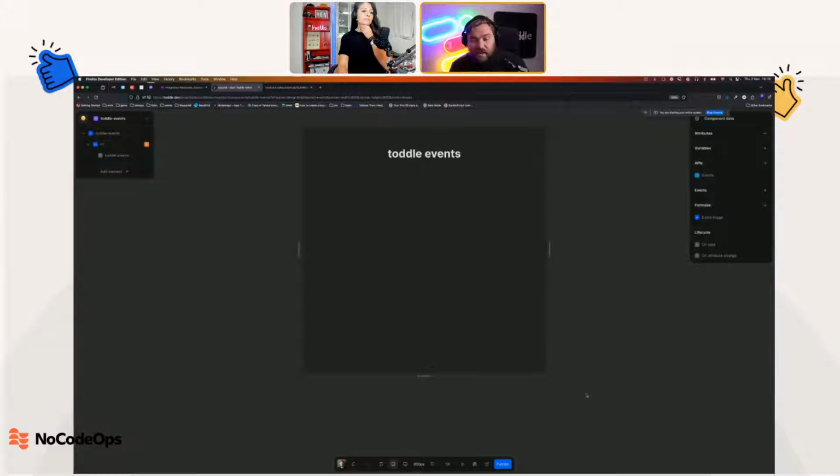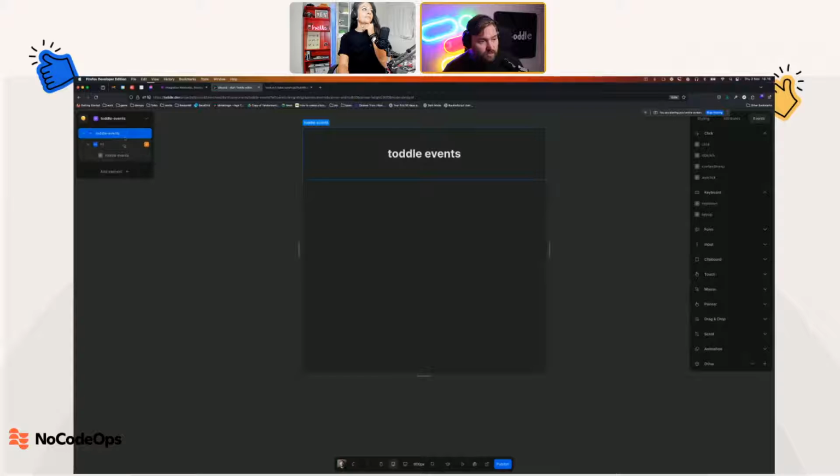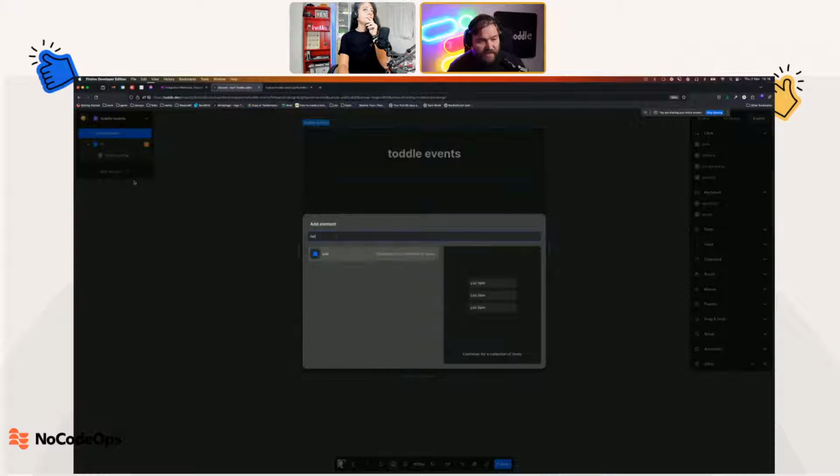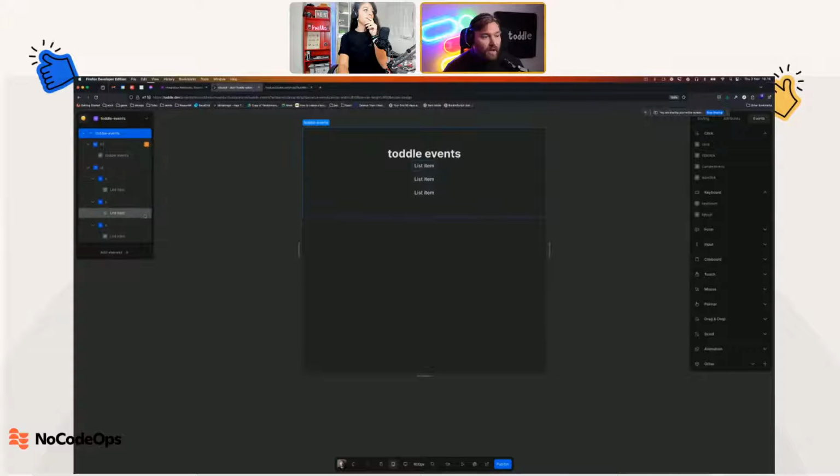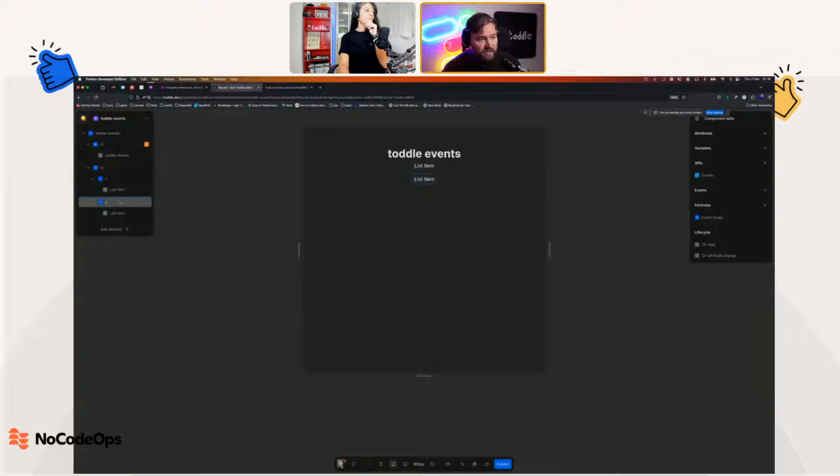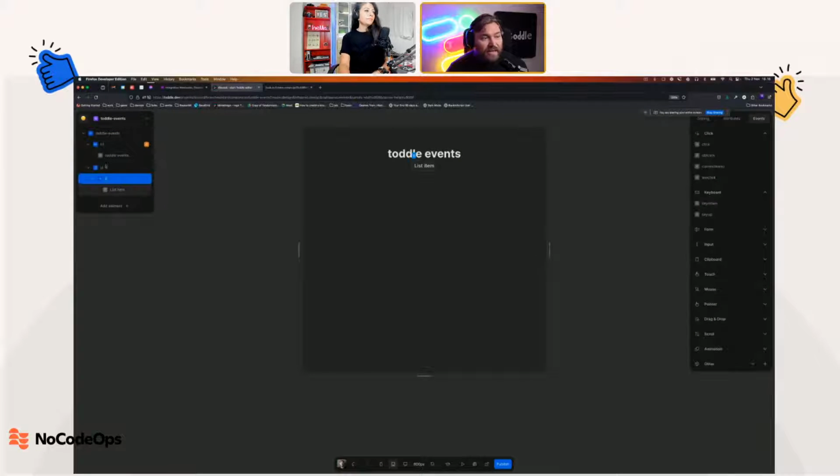So now I'm going to start constructing some UI using that data to power the UI. The first thing I want to do is add a new element, and I'm going to add a list. And I'm going to delete 2 of these default items. So a list in HTML is called a UL, which is an unordered list, and I have a